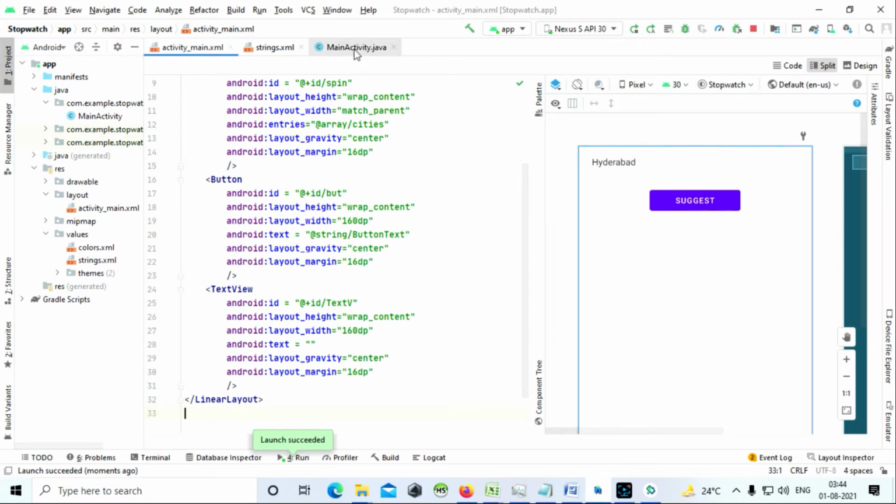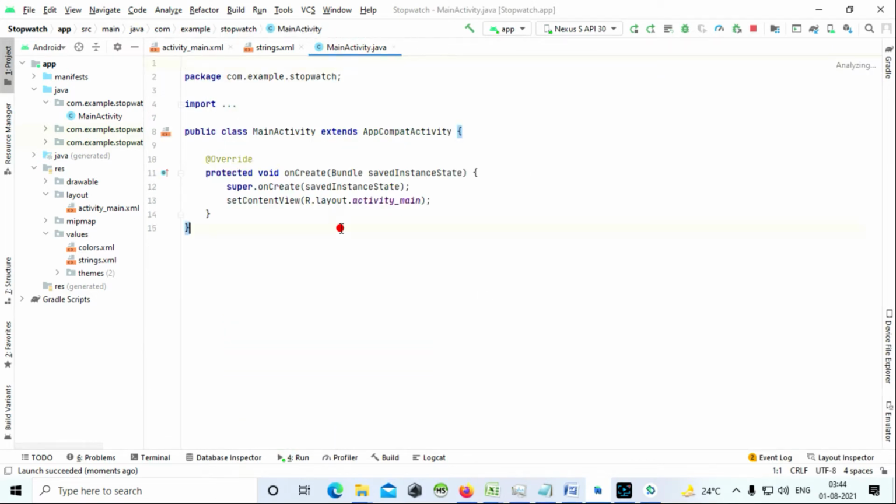That is the most important thing. Let us come back to the backend part. So as I told you, I have given you the steps. I'm going to follow all the steps one by one here, and I want you to follow me on this. Okay, as I told you, we are going to get the reference of the spinner first.